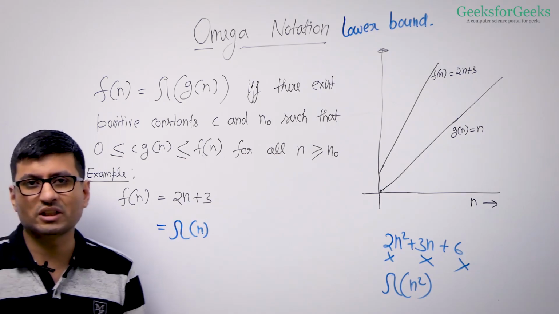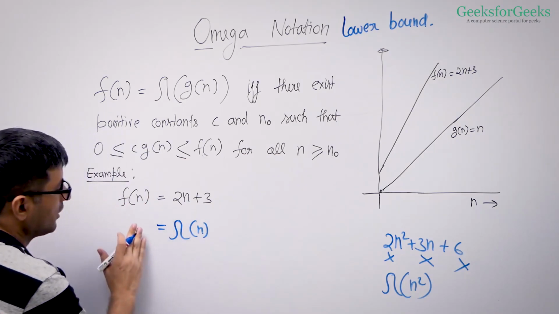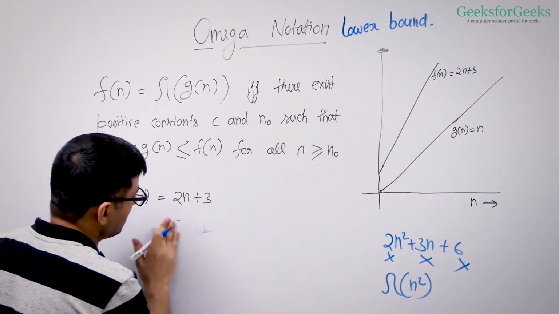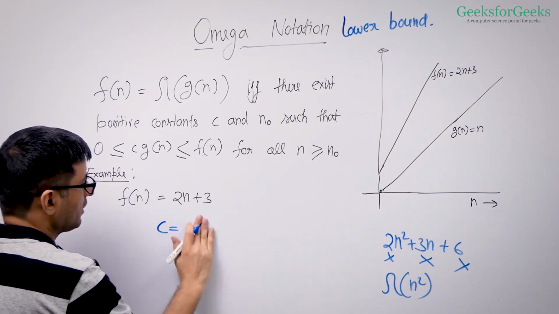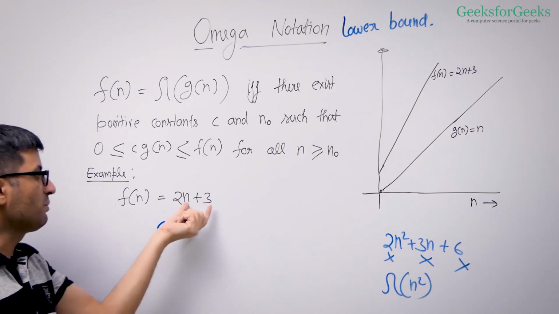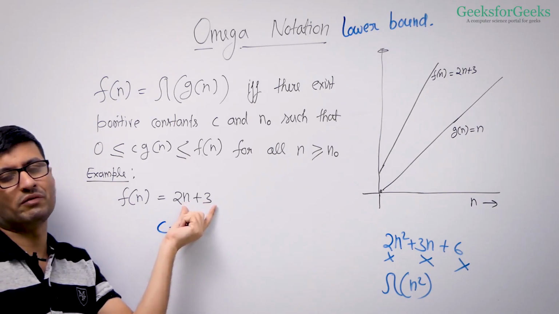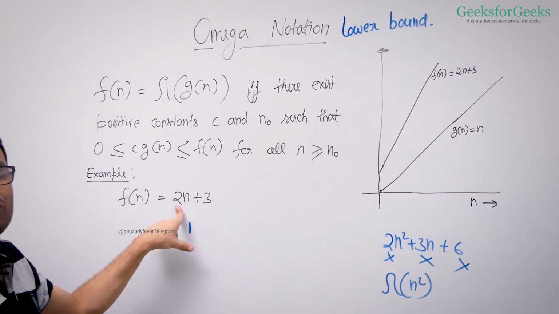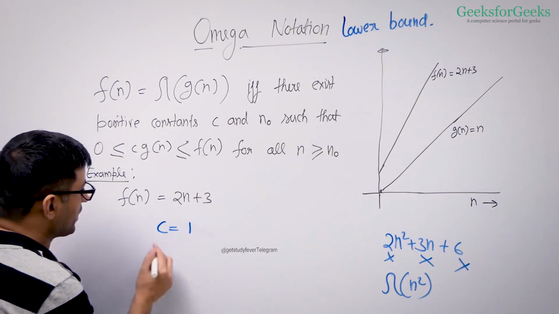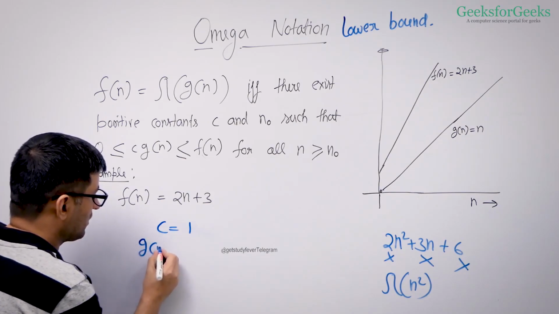So 1 is something that we'll take. So I'll take 1 here, and I'll say c is 1. And since this was n plus 3, I could have taken c as 0.5 as well, right? Smaller than whatever is there in the constant of the leading term. So I've taken 1, so my c g(n) is